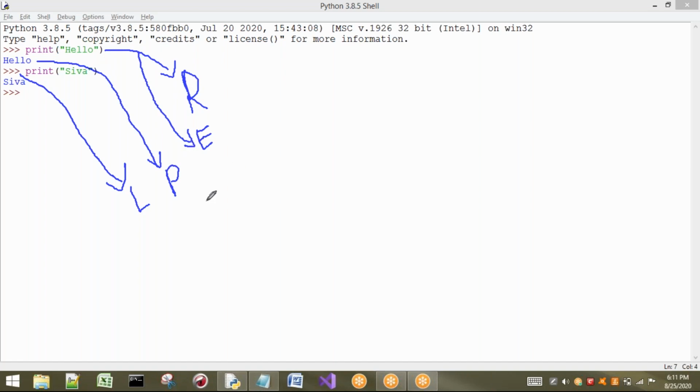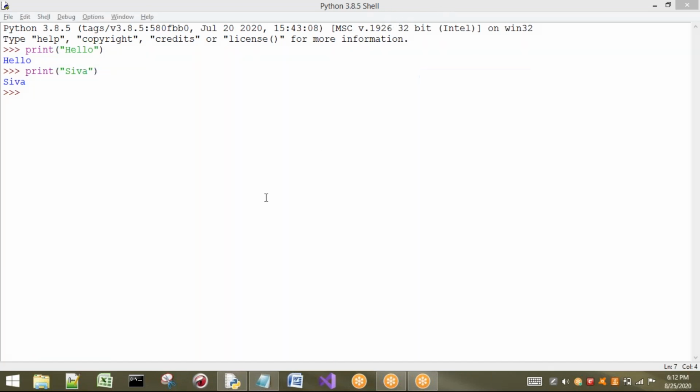Read, evaluate, print. In the same way, for every individual statement, we are going to repeat the same things. So we can call it looping, a repeating. So the tool name is what? REPL. Okay, right. Next.